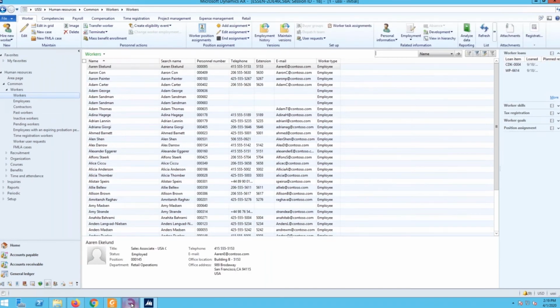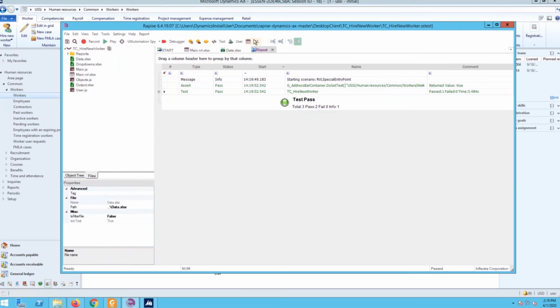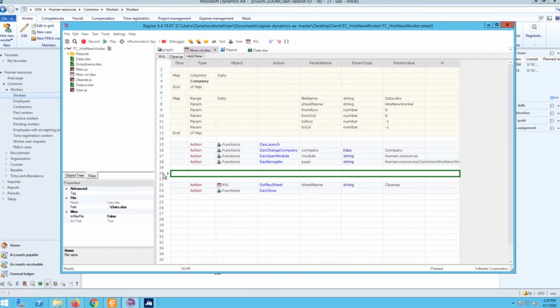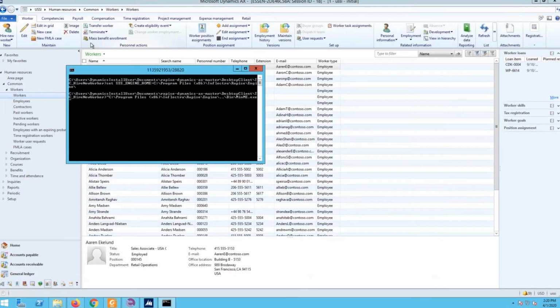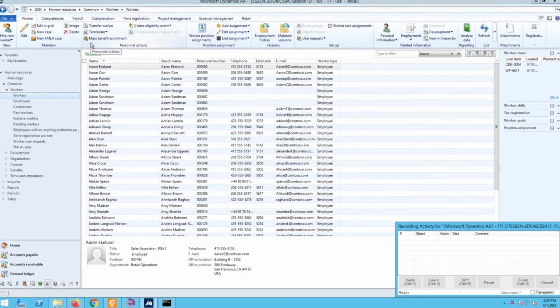Okay, we are all set and ready to record our testing scenario that will create a new worker in the system. So I hit record. And now I will add a new worker, and Rapise will intercept all my actions. Clicking on Hire New Worker button on the toolbar,